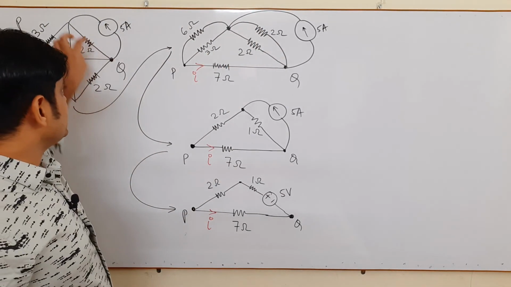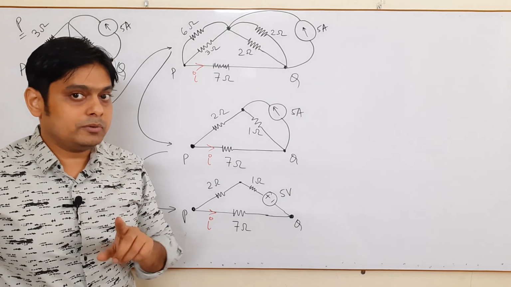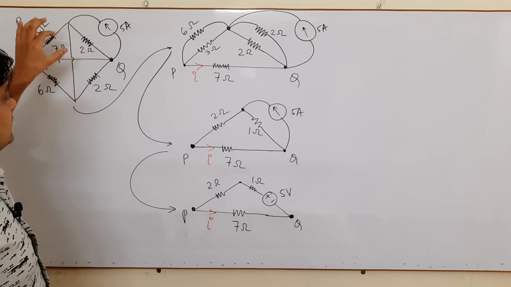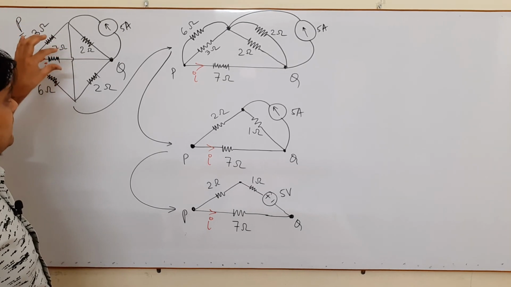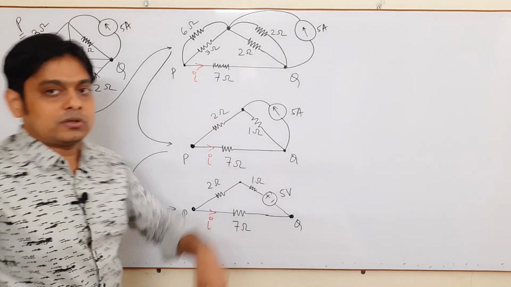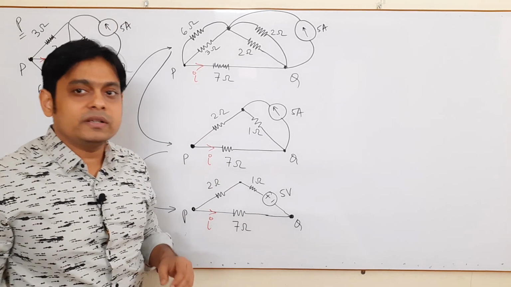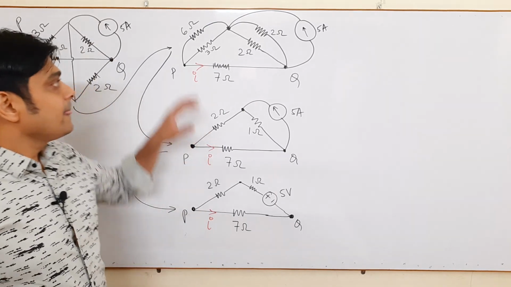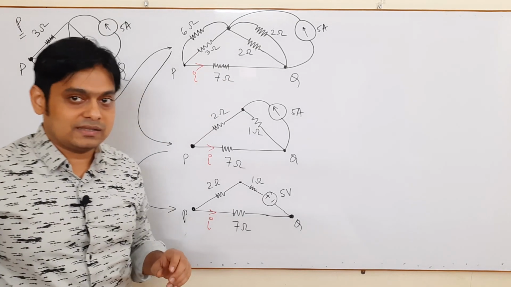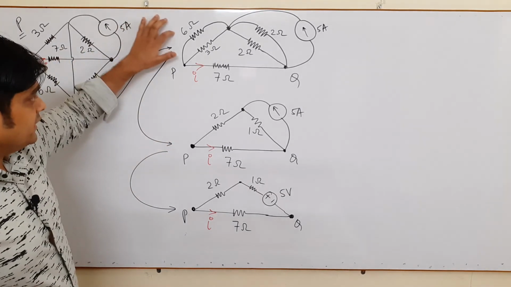So can we redraw this network into this form? Yes, you can redraw, but the very important thing you have to keep in mind is that you have to practice a lot, then only you will be able to interpret the network and redraw it to solve it. Otherwise it is a very difficult network. You have to do a lot of calculation and then only you can find the value of I, and maybe it is wrong, but this is the correct way, and it is only possible when you do a lot of practice of numerical problems. So from here to here we have drawn the network.